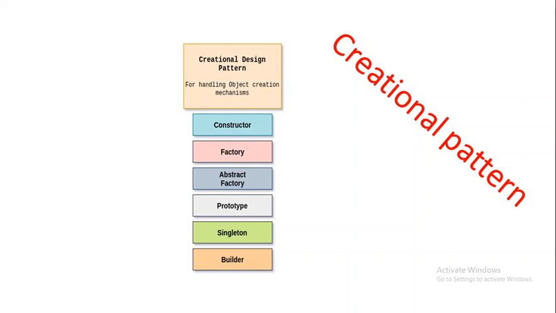The main purpose of creational pattern is to create a class, or to create an object. So the object will be created according to the situation. It was suggested by GOF, Gang of Four authors. The creational pattern has various design pattern methods like factory method, abstract factory, prototype, singleton and builder method.